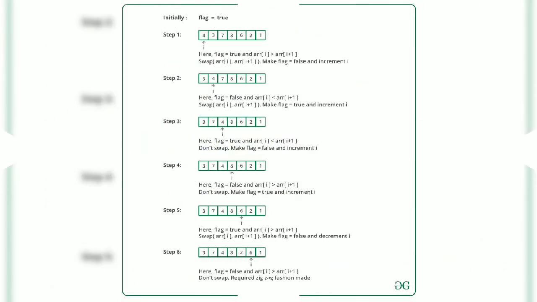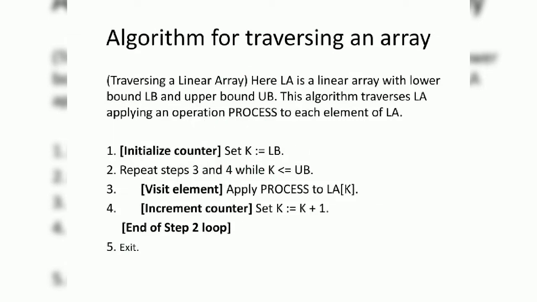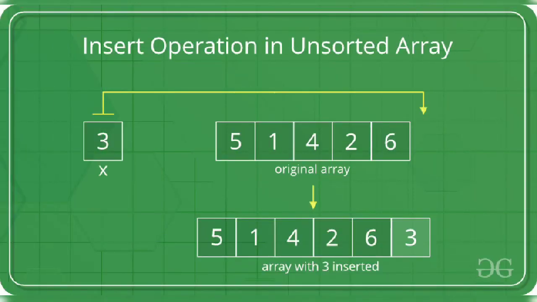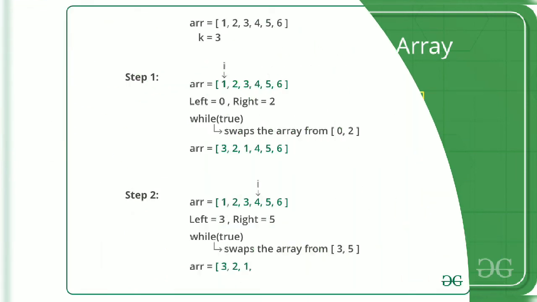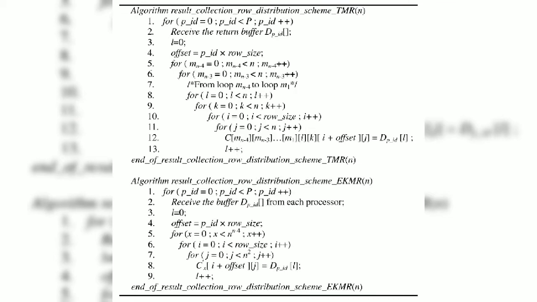5. Deletion. This operation is used to delete a particular element from an array. The element will be deleted by overwriting it with its substitute element, and this substitute element then is also to be deleted.